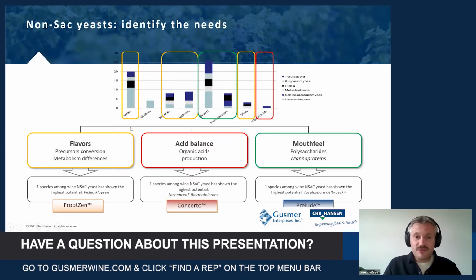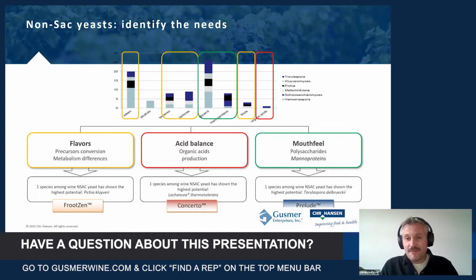So they looked at screening a non-Saccharomyces culture that could provide extra flavors, could convert precursors, could give on its own a metabolism that was flavor rich, and we ended up selecting Pichia kluyveri, which I'm going to touch on in a moment. Then another of the needs was in the talk of global warming, where maybe some hot and warm climate wines are starting to suffer from the lack of acidity, that they need to restore some acidity balance. So there they ended up selecting Lachancea thermotolerans.